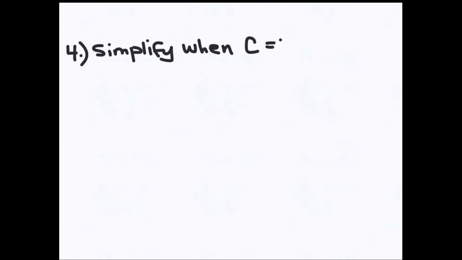Example 4, here we go. You are probably moving on to the back now of your note sheet. We need to simplify, using that word again, simplify when c equals 15. We just have one variable here. So our expression is 9/5 c plus 32. So noticing 9/5 is right next to c, I have invisible multiplication, right? So I'm going to plug 15 in for c